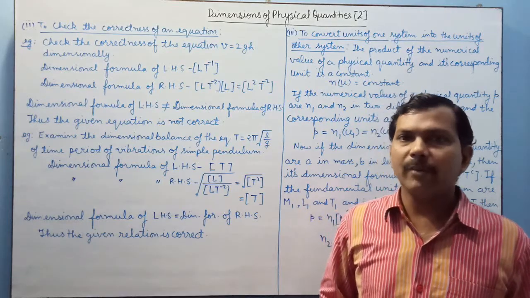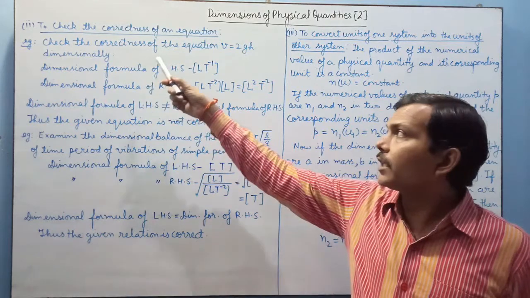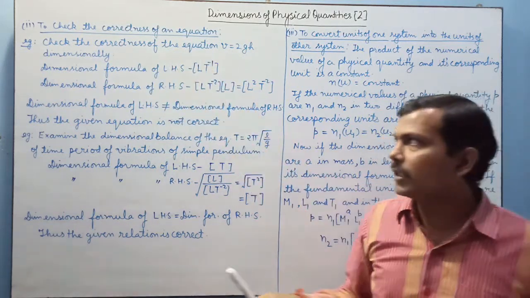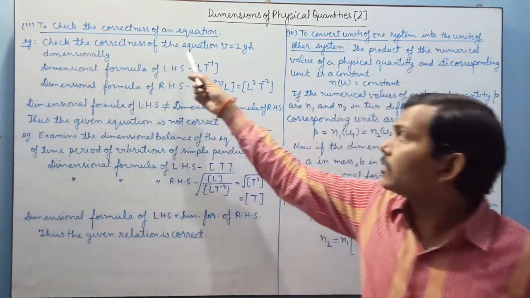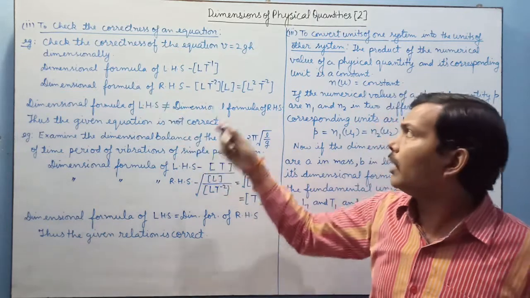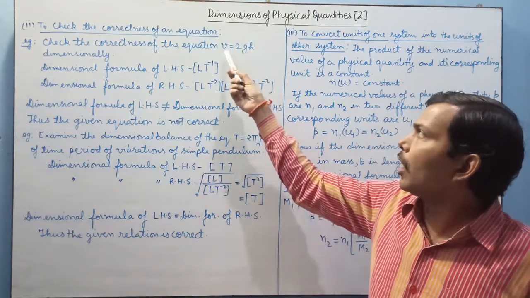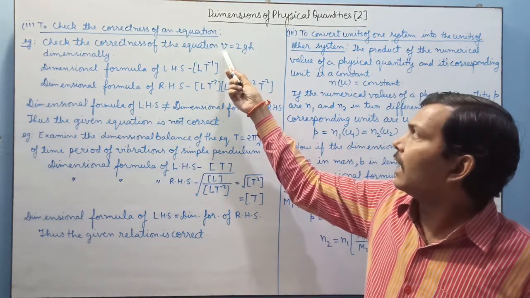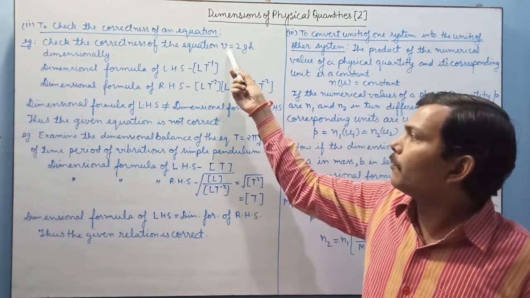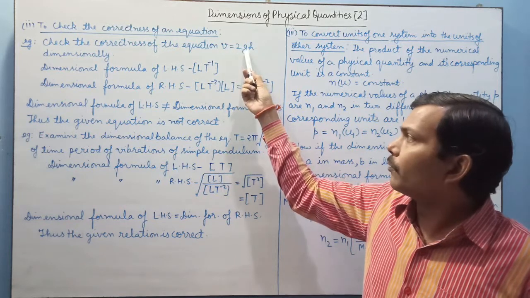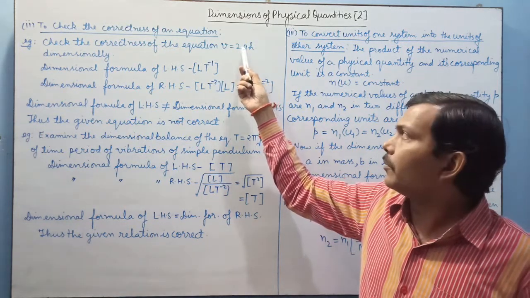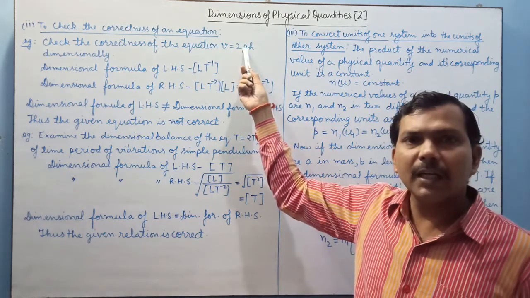Next use of dimension is to check the correctness of an equation. Let us consider an example. Check the correctness of the equation v = 2gh dimensionally. We will obtain the dimensional formula of LHS and then RHS, and then we compare them. If the dimensional formula on both the sides of this equation are same, then the equation is correct, otherwise the